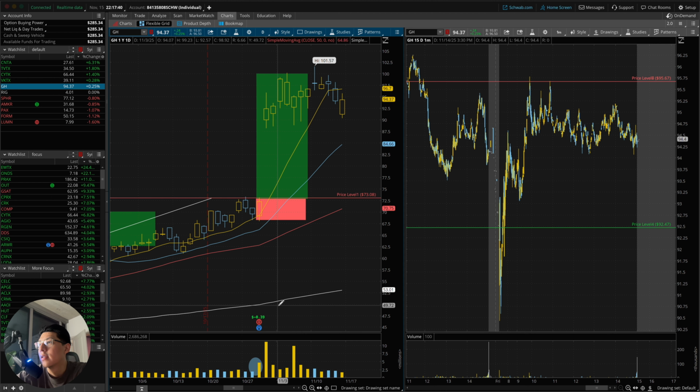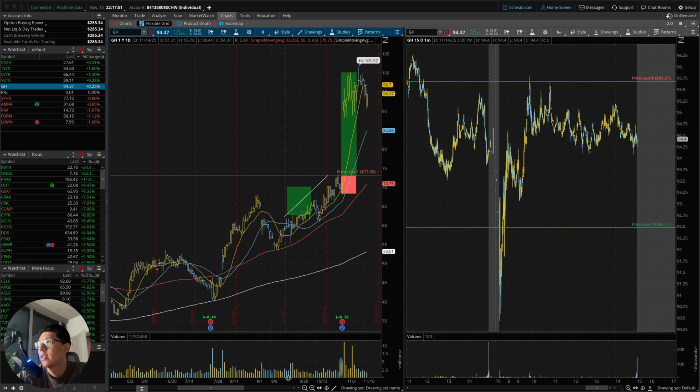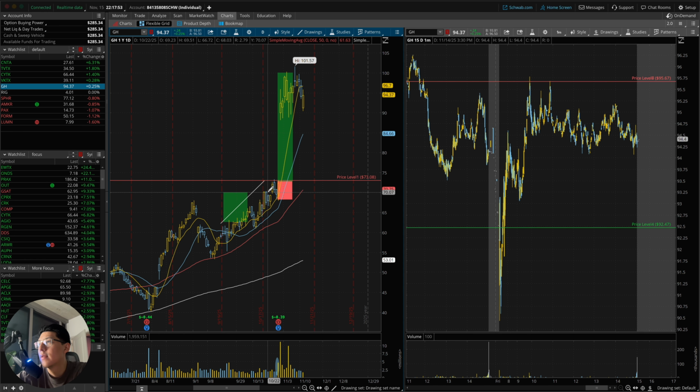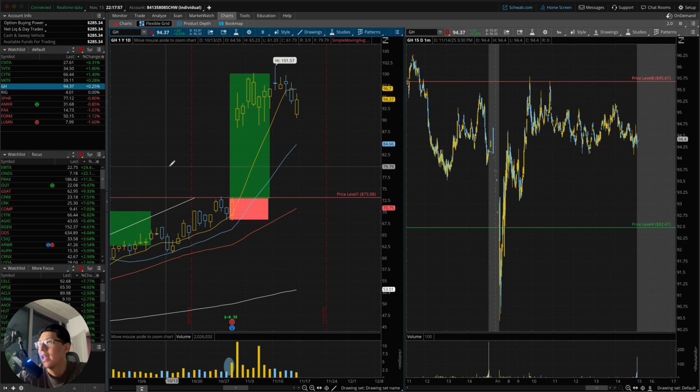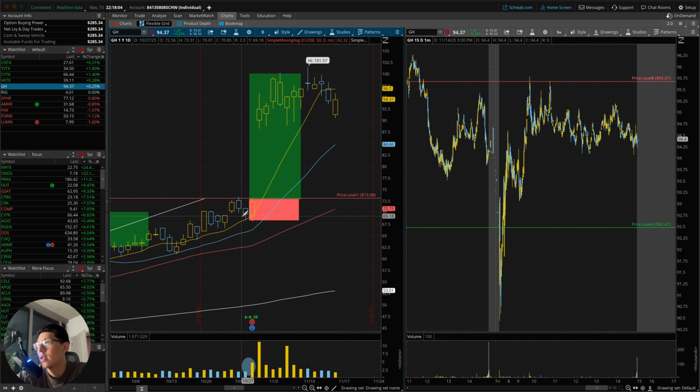But look, you can see that we're not actually lying. We took this from here all the way to the top, and it's the same concept. Nothing changes, bro. We made a huge move up to the upside. All the SMAs are stacked up, and then after that, we retraced back to the 10. And this was on my watch list. As soon as I opened my watch list, this is what I saw.